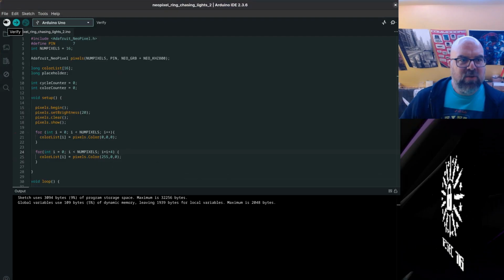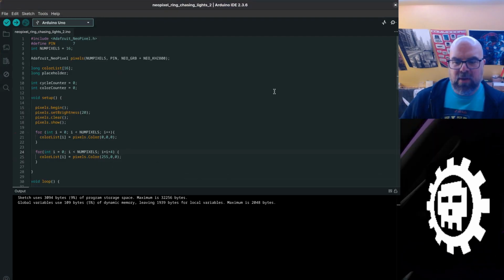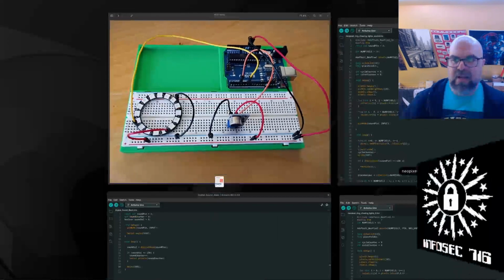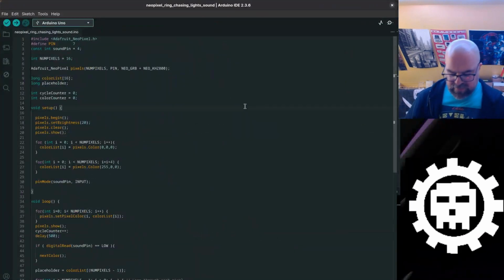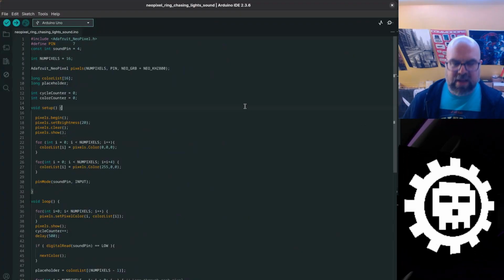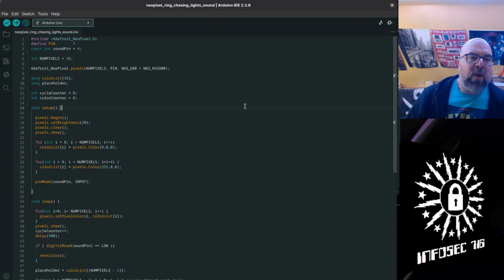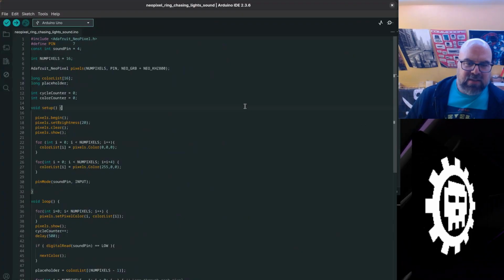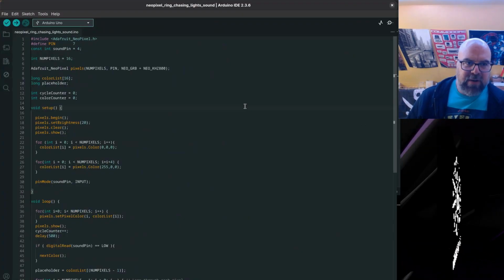So let's connect this to our digital sound sensor. Okay, let me open up my other program that I've got here. Now, what I've done is let me unplug this so you don't see the light shining on me from below. What I've done is I've combined that digital sound routine from the last video, and I've integrated it into this chasing lights